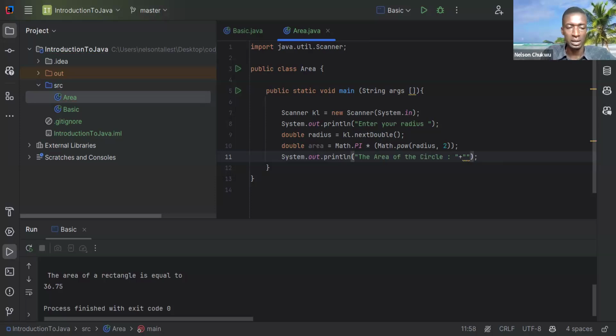You put area. Plus area. All right. I think we have a neater code now. If you run this,